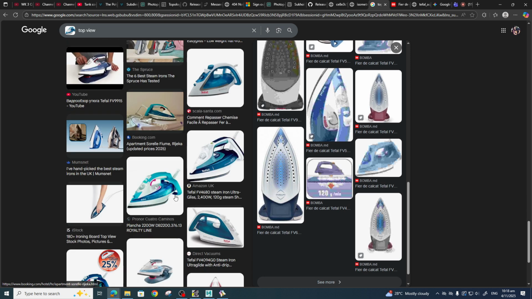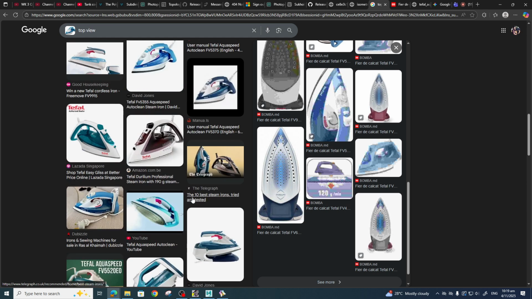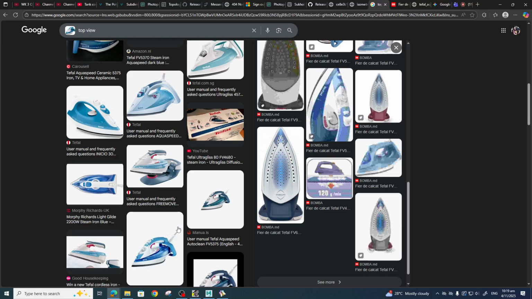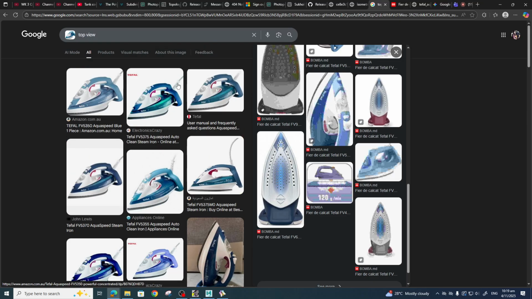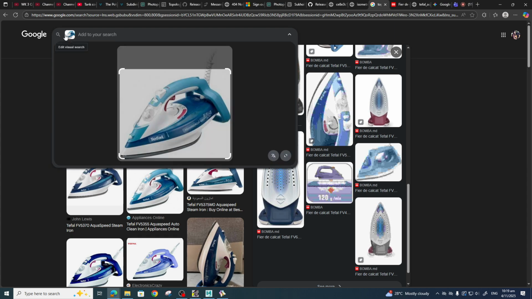They don't really have a top view visible here, so this one is going to be a bit challenging trying to figure this out. Okay, if not, I'll have to look for the model number. So this one is the FV5350. Okay, I'm going to clear this image search. Let's go back to the